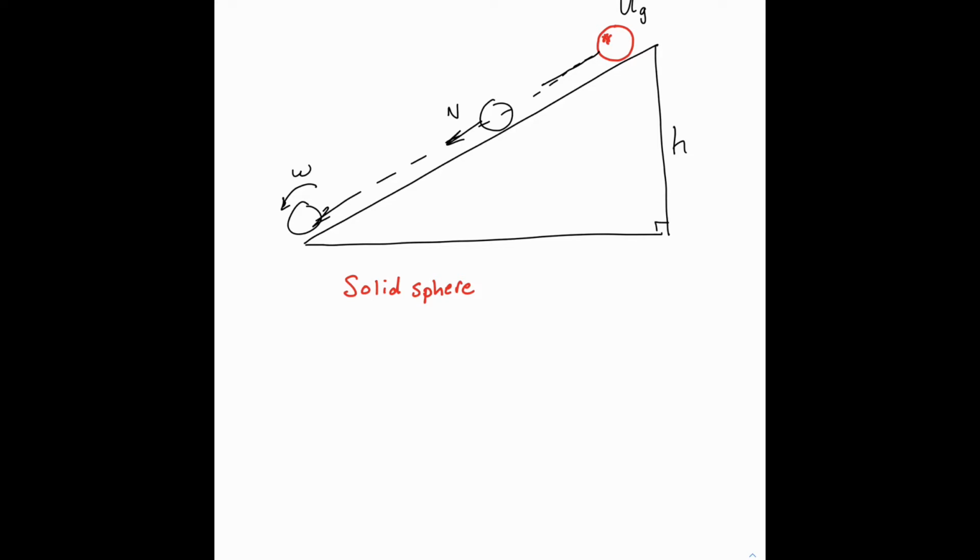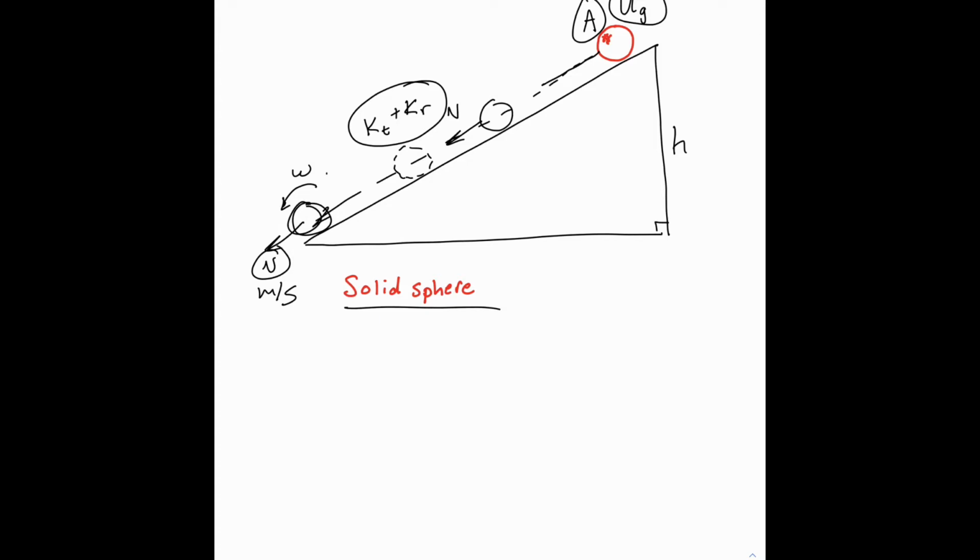At any given point, a fraction of the way down the incline, it has two forms of kinetic energy, translational and rotational, and by the time it gets to the very bottom, all of the gravitational potential energy has been spent and converted into the sum of translational and rotational kinetic energy. What I'd like to do is use what we know about rotational motion to determine the value of v, the linear speed in meters per second for this solid sphere when it reaches the bottom of the ramp. So all we have to do is identify point A and point B and recognize that mechanical energy is conserved,